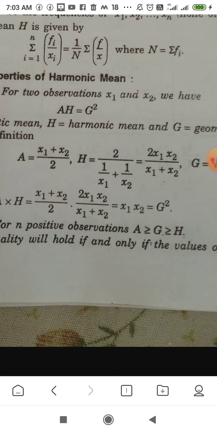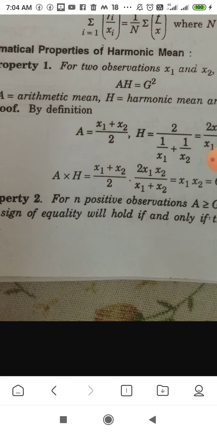Now putting these values in the left hand side of the first equation, AH is equal to G square. A is x1 plus x2 upon 2, H is equal to 2x1x2 upon x1 plus x2. So x1 plus x2 cancels out, and 2 again cancels out. It gives only x1 into x2, but root of x1 into x2 is equal to G, then x1 into x2 is equal to G square. So the first equation is proved, AH is equal to G square. This is the first property. Next, the second property is